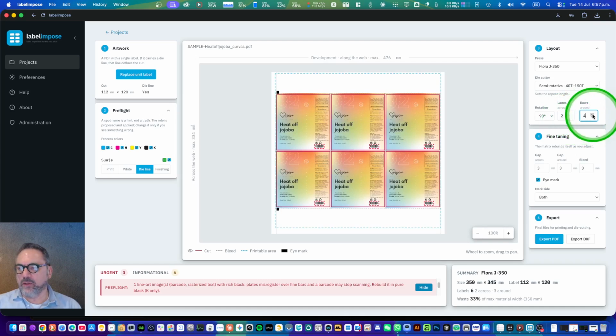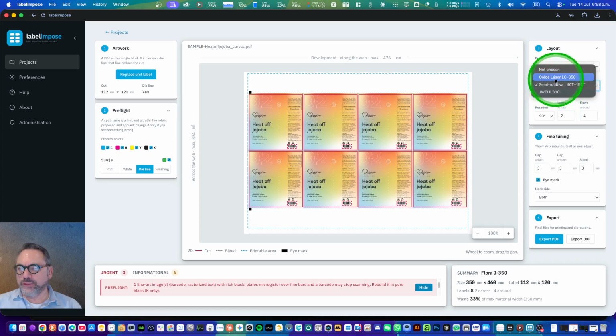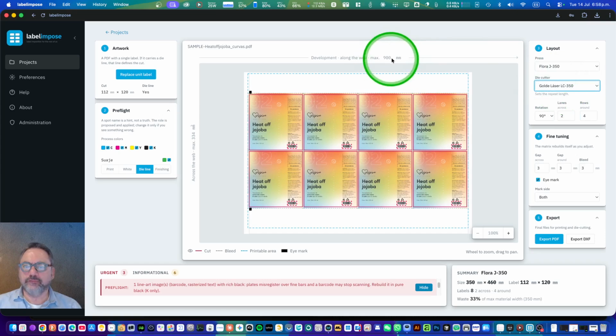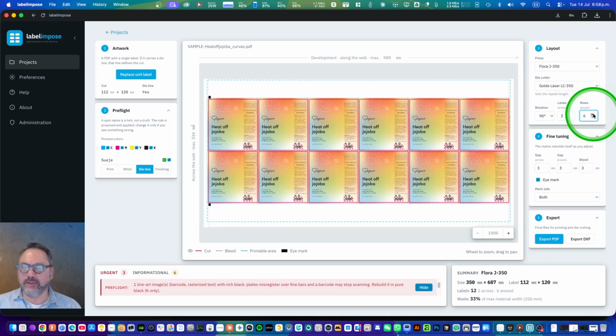And if we want more rows, it allows us, because it is in the possible printing area of this press and this semi-rotary die cutter. We can switch to laser, which allows us 900 millimeters, so we can definitely go with a longer repetition length. This is how it works.